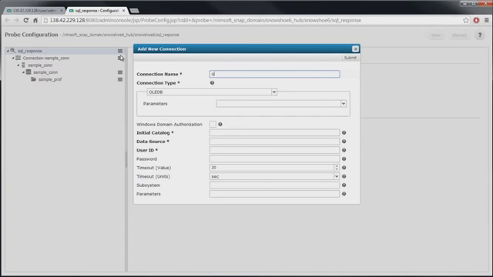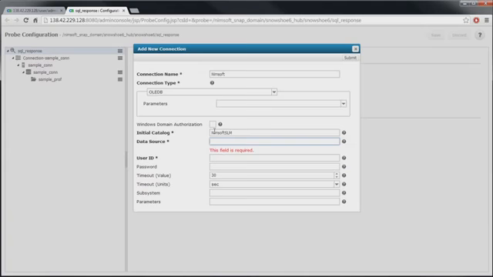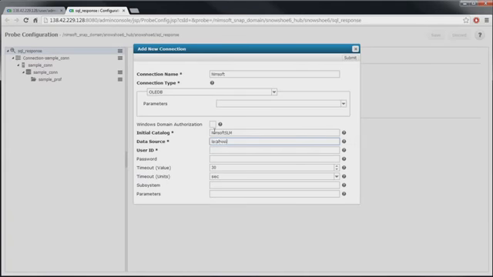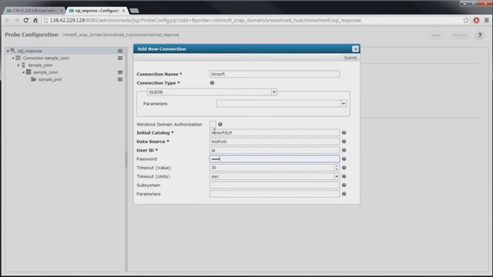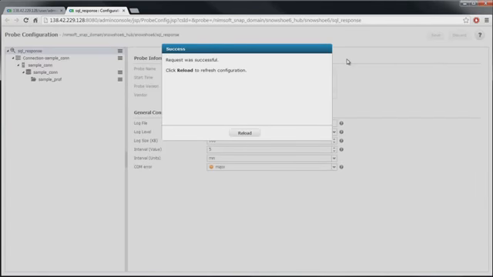Let's fill out a connection using SQL Server. I'm going to give it a connection name and then fill out the appropriate information, including verifying the connection type, typing in the initial catalog, data source, and user ID, and if required, the password. Once we're ready, we can hit Submit, and CA Nimsoft Monitor Snap will test to make sure that the connection